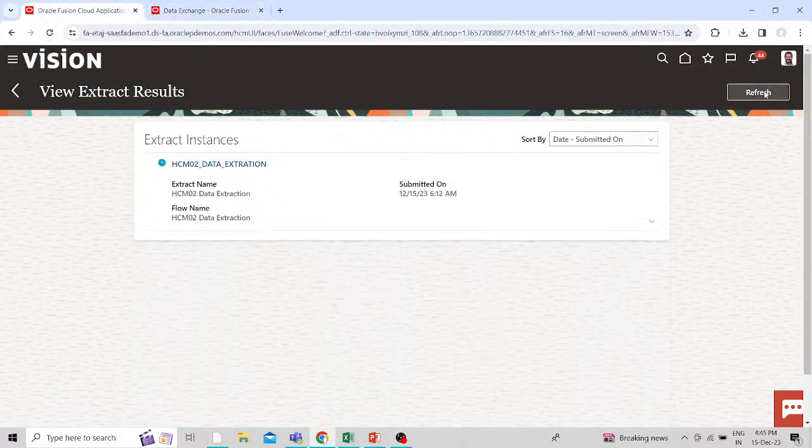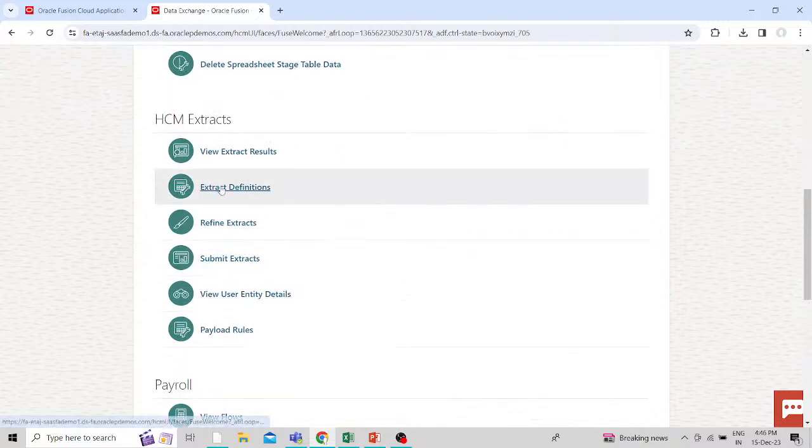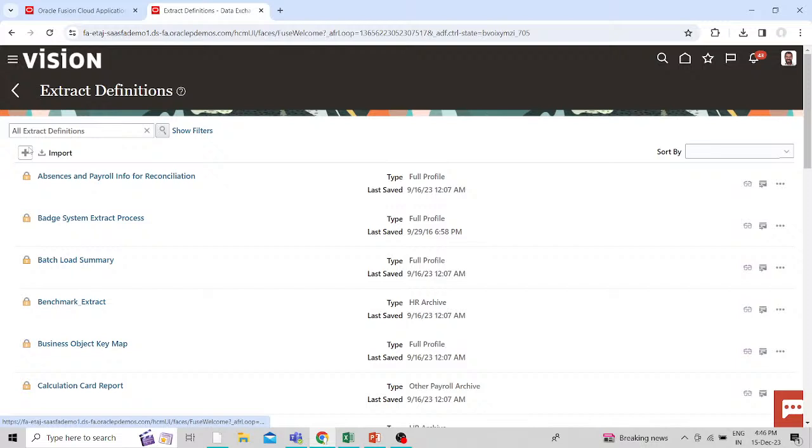Okay, so it's taking so much time to change into the complete status. So in the same way we created with the full profile and the HR archives, you can use your different extract type